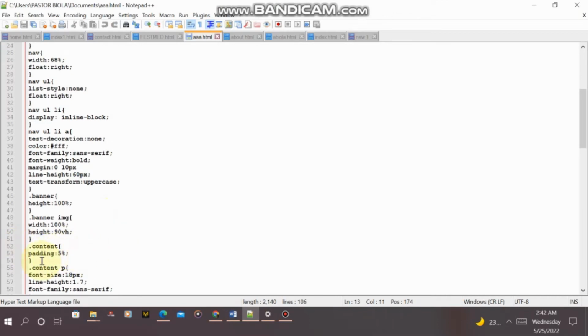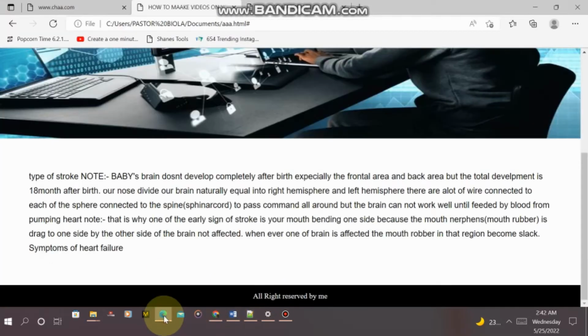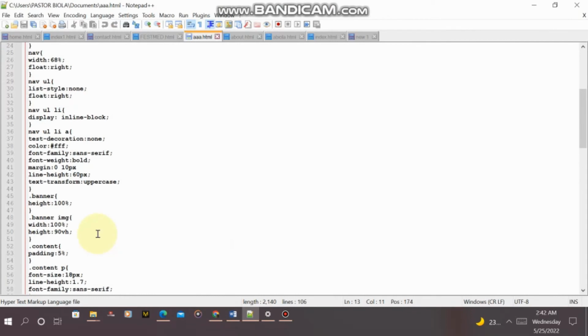So dot content, I open it. I put the padding as what? How many percent? 5. That is 5%. That's what I put. So this is the meaning of that 5% padding here and here. Okay. So after that padding,